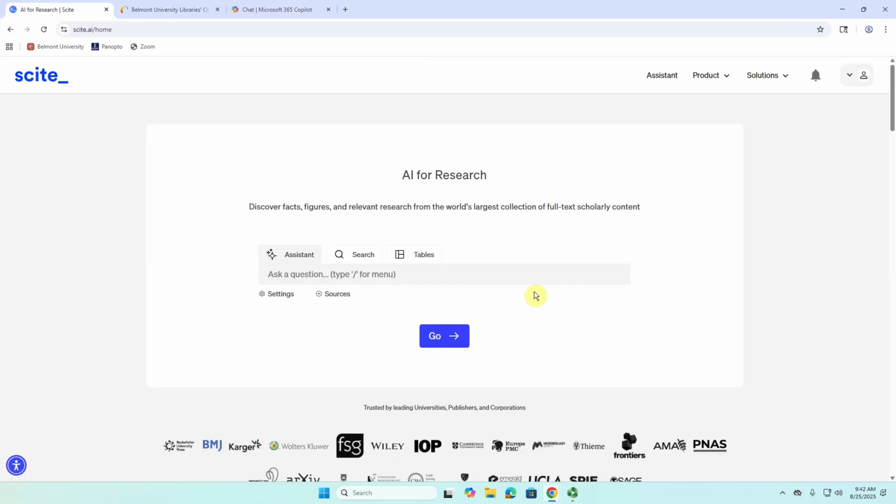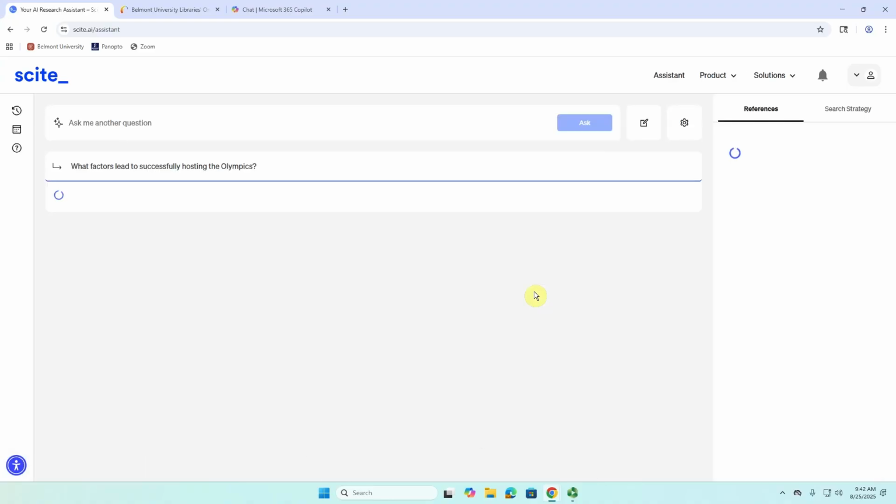Now, once we're here, we're just going to flat out write our question. So I'm going to type here, for example, what factors lead to successfully hosting the Olympics? And what it's going to do is find a whole bunch of research articles and then create a summary of those articles based on what it finds.